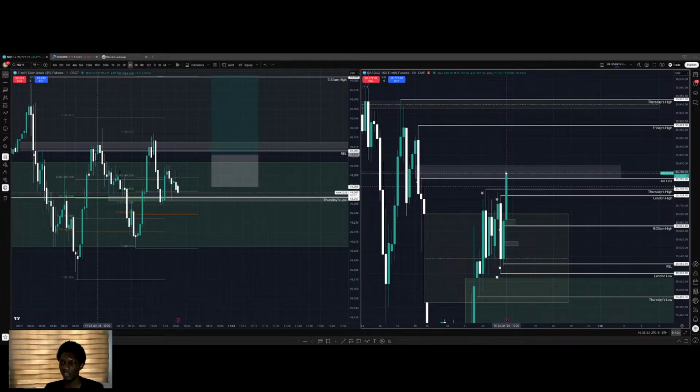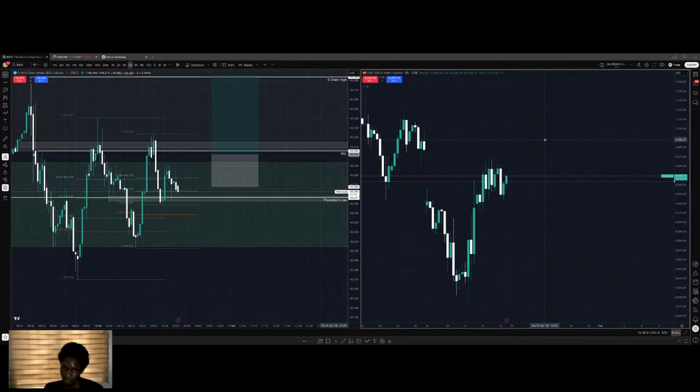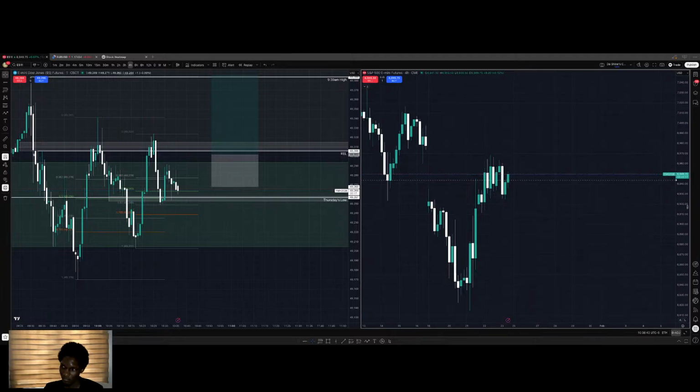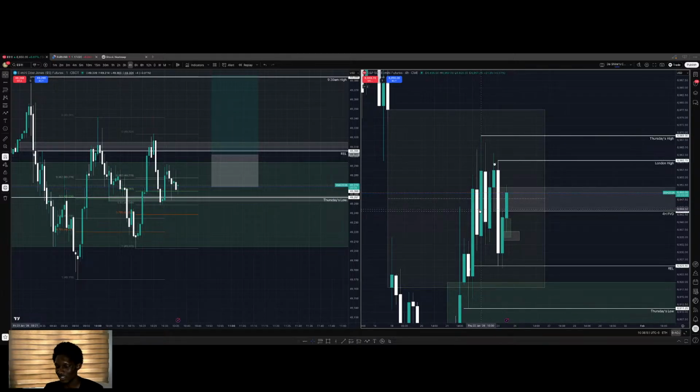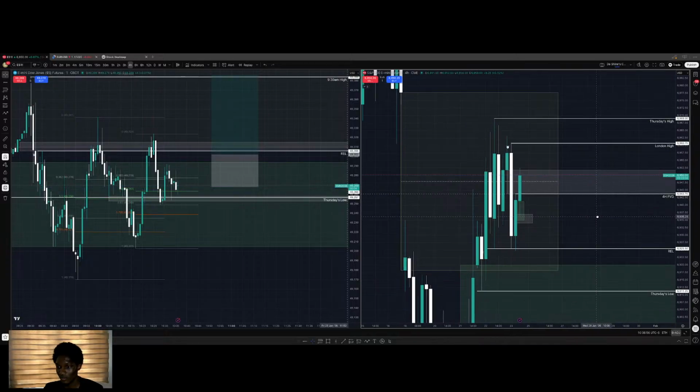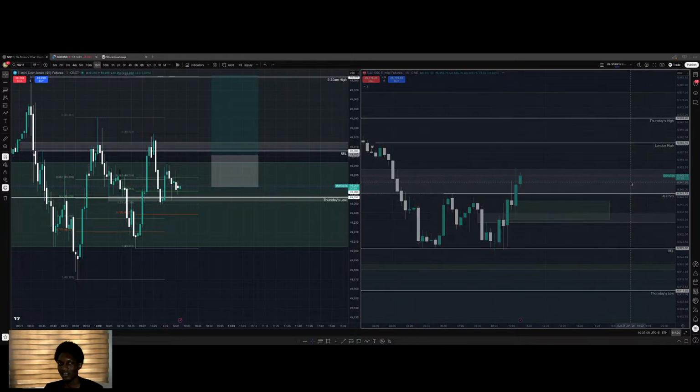But right now, I'm expecting us to, because look at ES, it's finding it difficult to even go for London high. We've not taken London highs, we've not taken Thursday's high, and we're stuck in this 4 hour gap and we're expecting this bearish order block. So right now, I don't think it makes sense to trade any other asset.